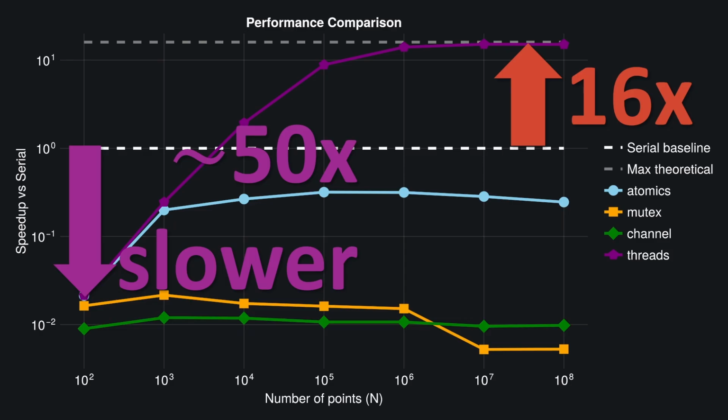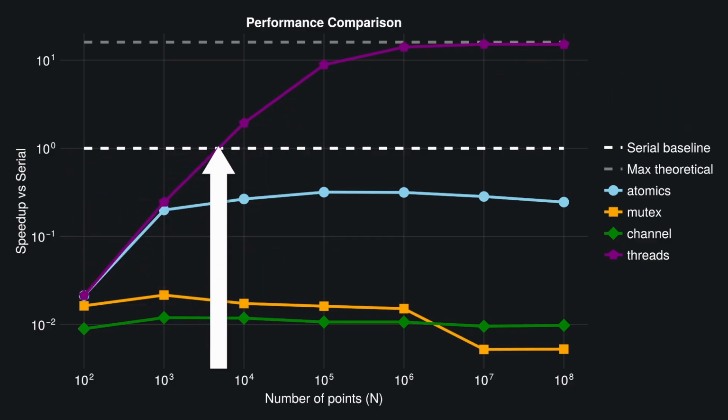You need to run benchmarks to make sure you're on the side of the curve that actually gives you a performance improvement. If your problems are actually quite small, you might not actually benefit from parallelizing your code at all, and it might be worth just using the serial implementation. You'll notice here that we had to generate more than around 10,000 points to actually see any performance improvements by